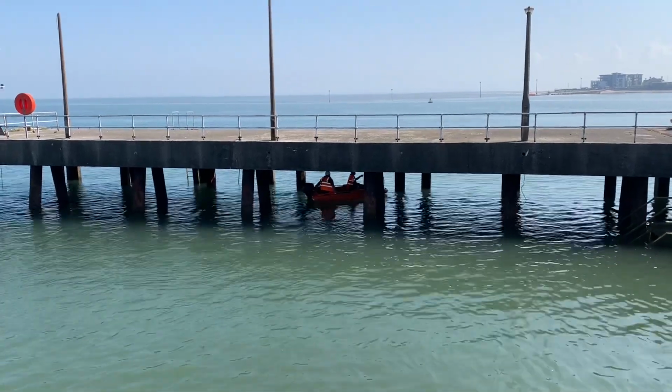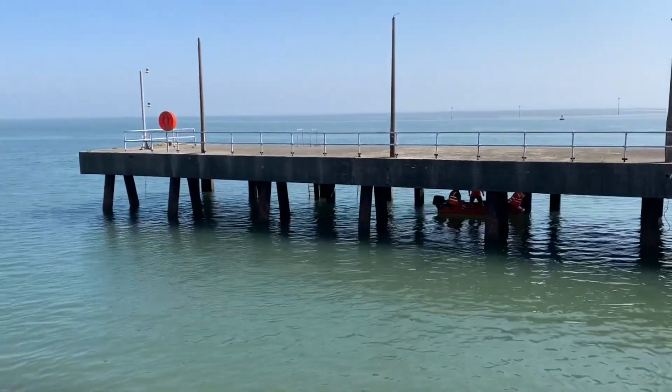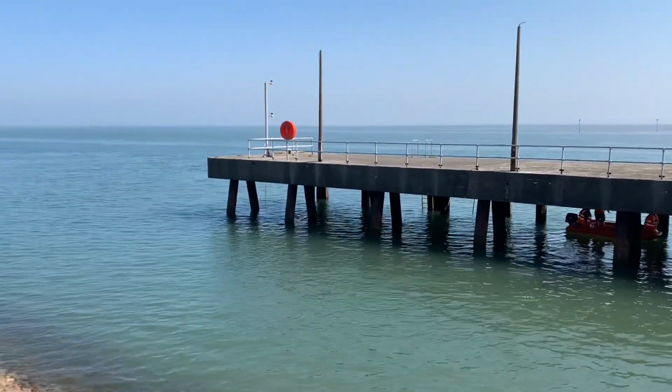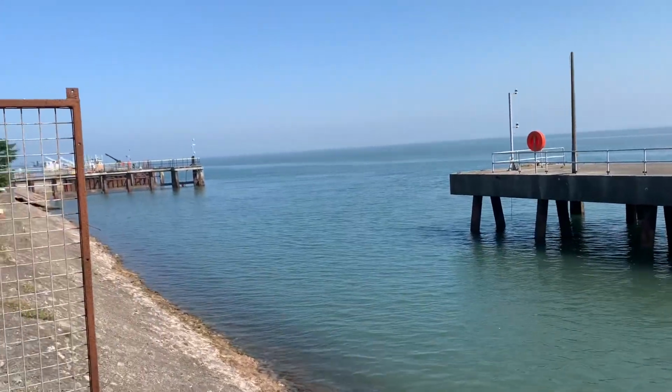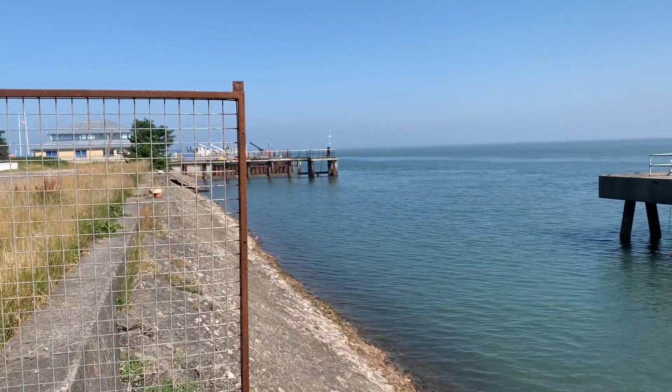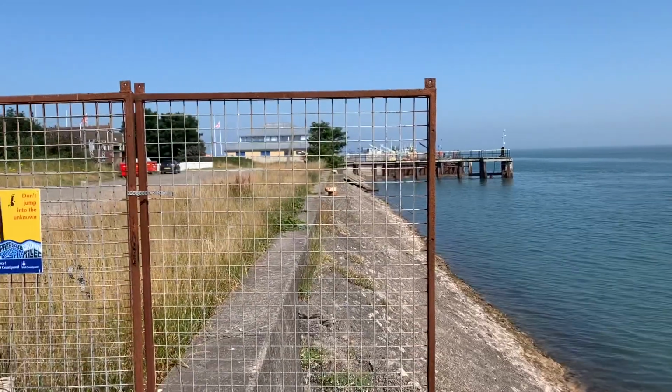Morning everybody, it's Thursday and I've forgotten the date. It's Thursday in heatwave weather and we're at Fleetwood Seafront. So I thought we'd do a little bit of a walk round and see